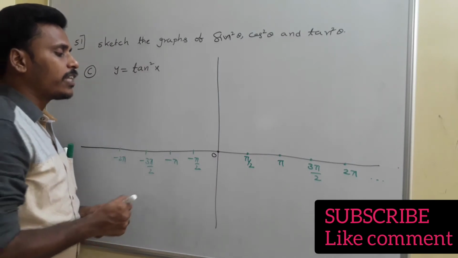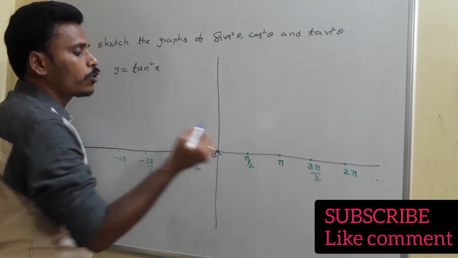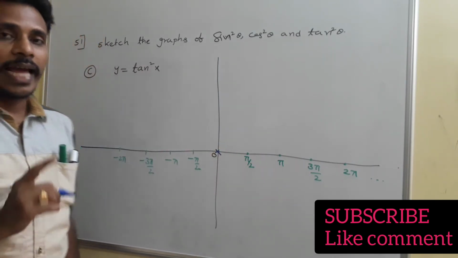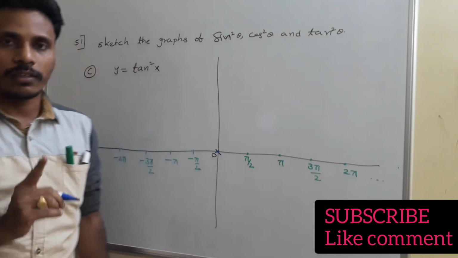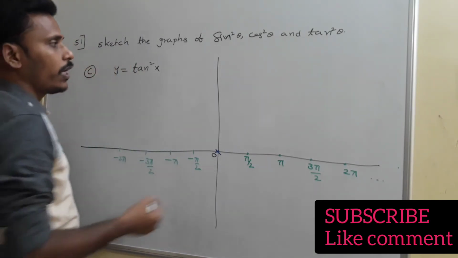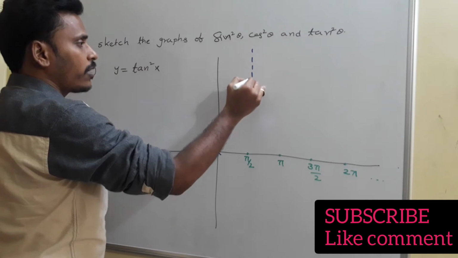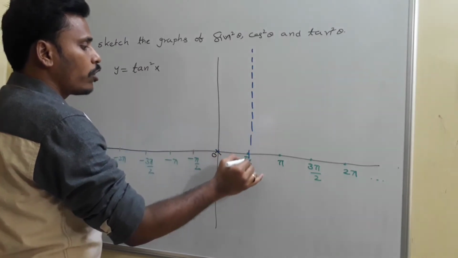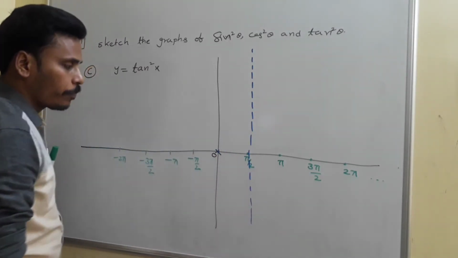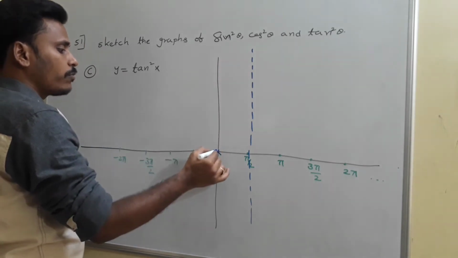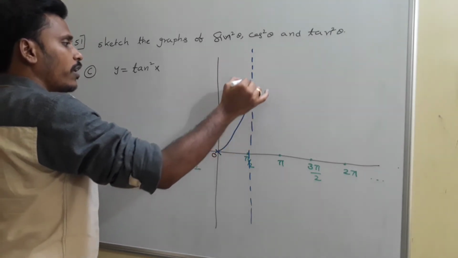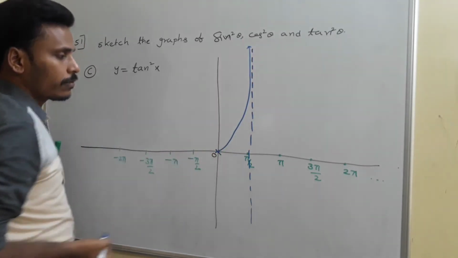Again, tan 0 degrees is 0. And what do you say about tan 90 degrees? Tan 90 degrees is an unknown, very large value. We may say it is infinity, but there is nothing to represent infinity on the graph sheet. So here we just took an imaginary line. That's why the graph starts from 0 and continuously increases there.